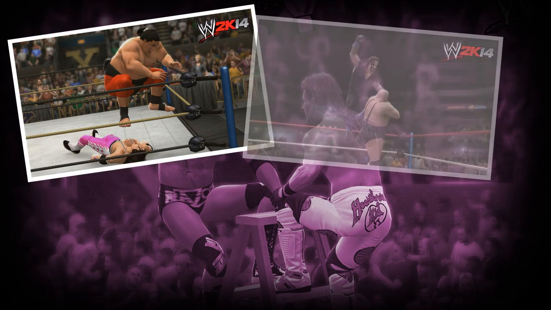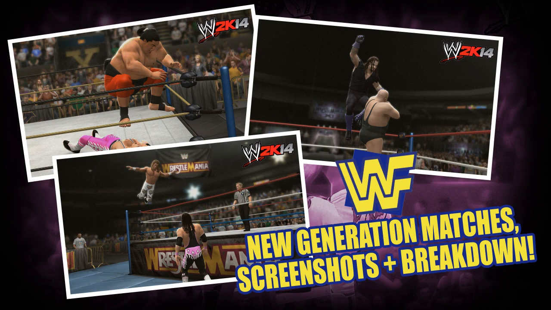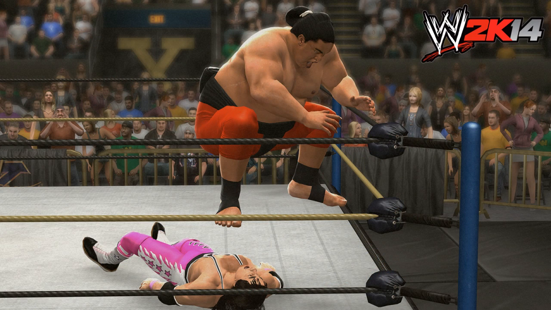Alright guys, we're back with the next set of matches for the new generation era of WWE 2K14's 30 Years of WrestleMania mode. I'll put the full match list in the video description, but let's dive straight into the screenshots. Starting out the new generation era, we'll have WrestleMania 10 as Bret Hart gets a WrestleMania rematch against Yokozuna